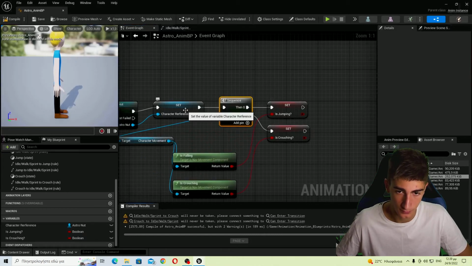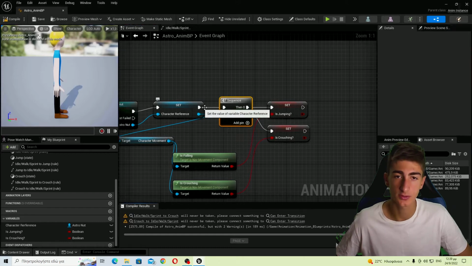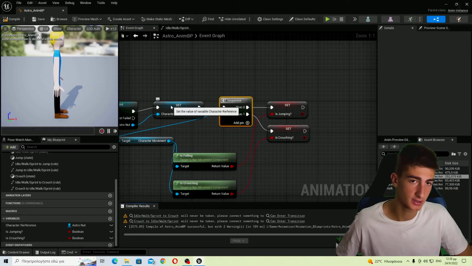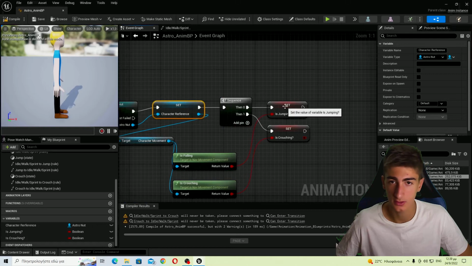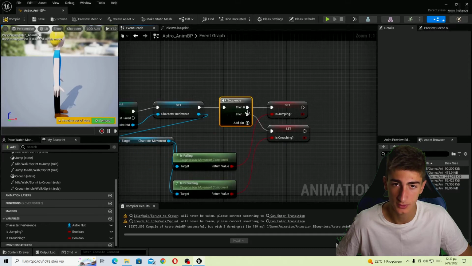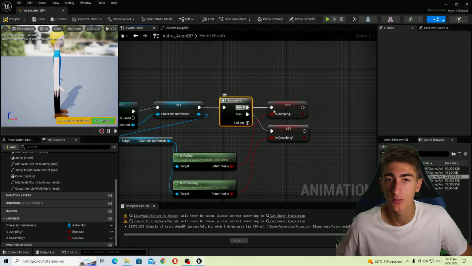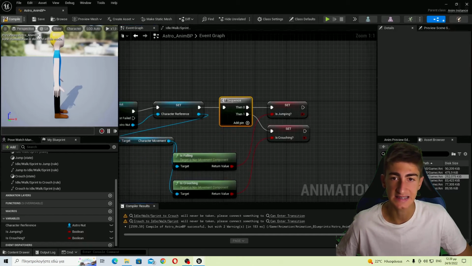What the sequence does is it goes from here, and then instead of going straight to this, it does two things or more depending on how many pins we have. First we're going to set the ease jumping, then we're going to set the ease crouching,